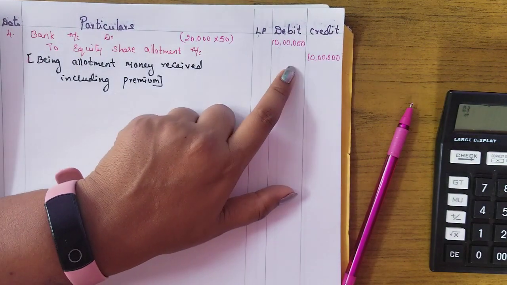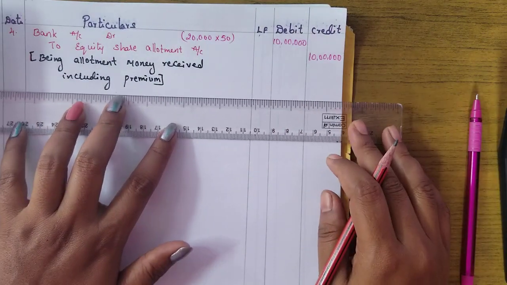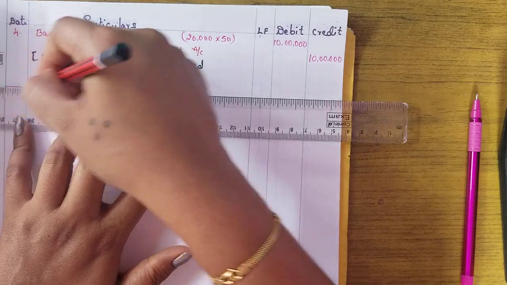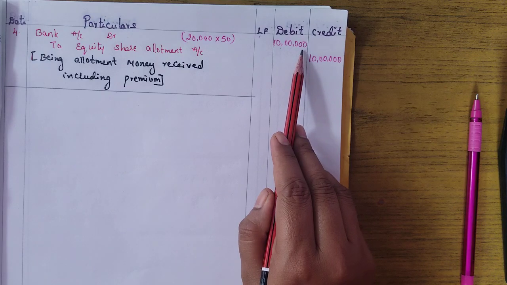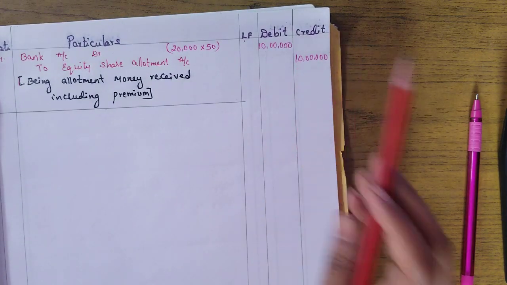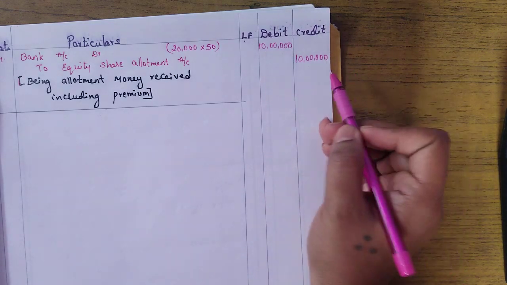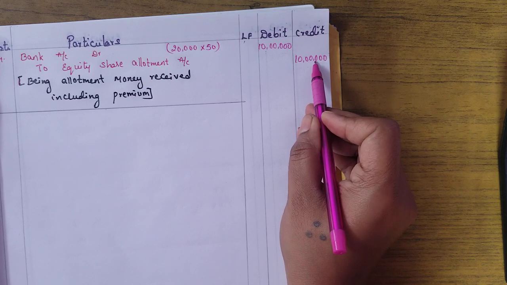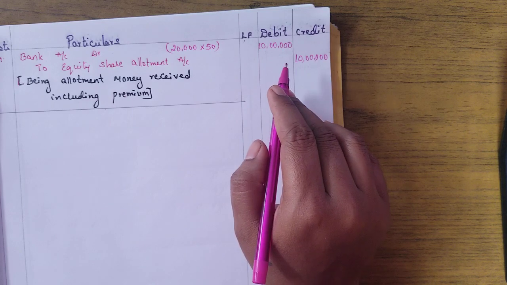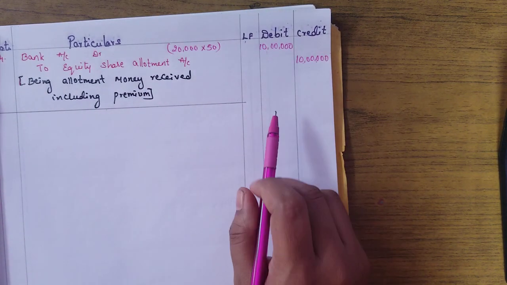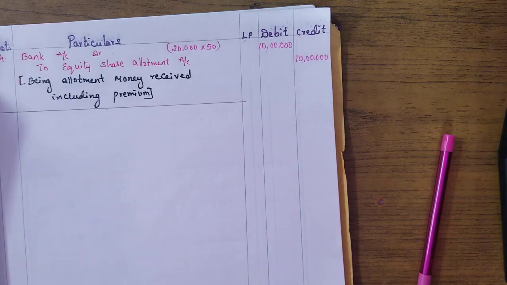When the digits are bigger, usually it will be more deals with only crores. Okay, so to solve the problem, we are only dealing with lakhs. So be careful when you are calculating the amount. When you are writing so many zeros, please be careful whether you are writing the amount properly, correctly. So it's better to use comma after 3 digits and 2 digits. Make sure the numbers are correct before closing the entire thing. Cross check the numbers, because this is a common mistake that we see regularly in the answer sheets.